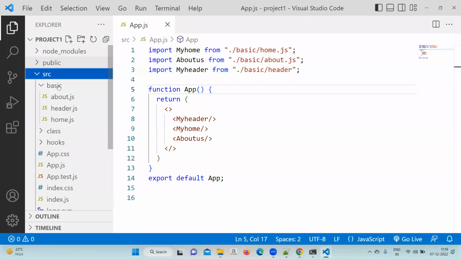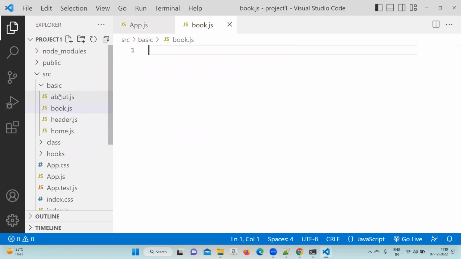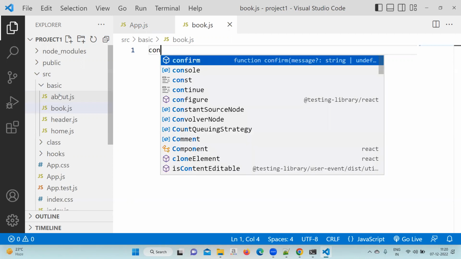Today our folder will go in which folder? Basic folder. Okay. Create a file called book.js. Okay, book.js. In this book.js file, you write here a const